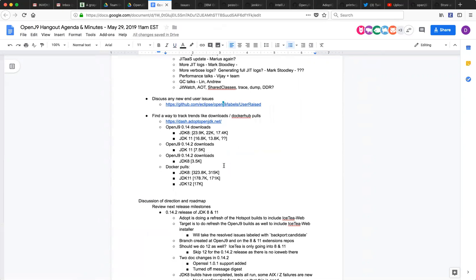And then the Docker pull numbers continue to increase. We'll continue to monitor this and see what we can do to help increase those downloads and continue to work there. If anyone has other ideas on things we should be doing to help drive awareness or the reach of OpenJ9, very open to that.